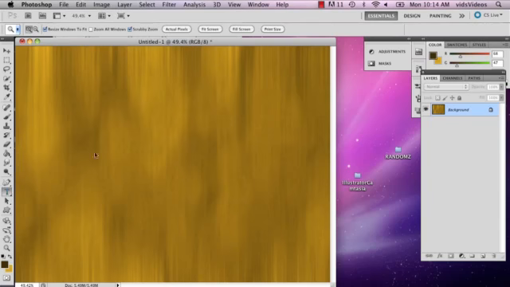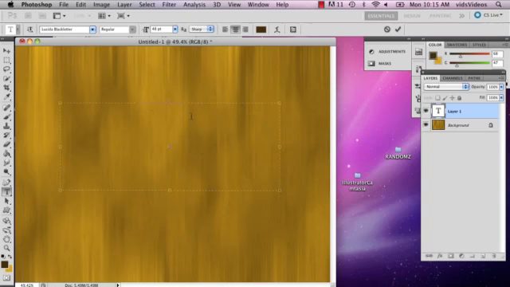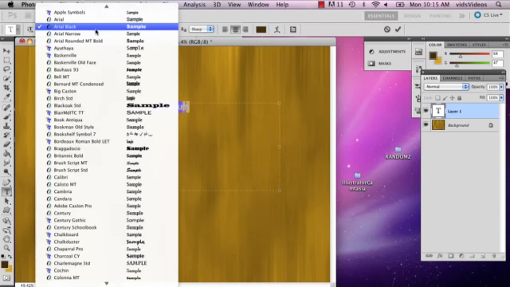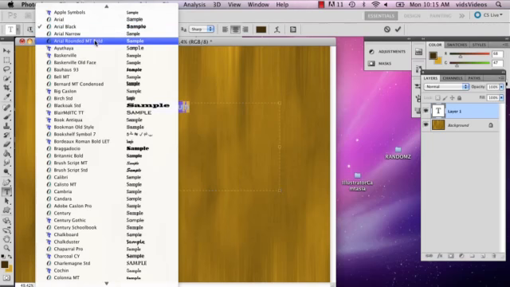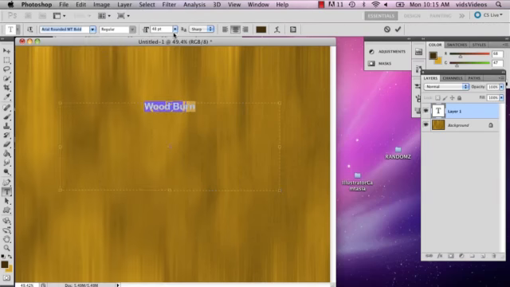So now I'm going to go ahead and start doing my wood burn text. And you don't have to make this wood. You can do it however you want. You can take a photograph of wood. I was just showing you a really fun graphic way to do it. So I'm going to select Arial Black because it's a nice thick, actually I'm going to do Arial Bold. Not bold, sorry, I meant Arial Rounded Bold. Make it bigger. Okay, so